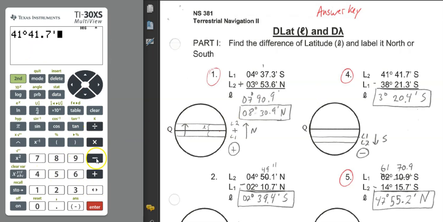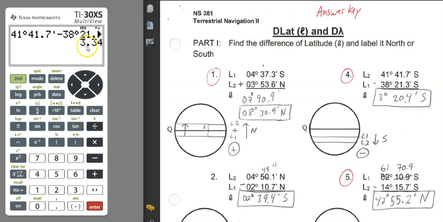And now I'm going to subtract, no problem, minus 38, second, angle, that's degrees, so I'm happy, enter, 21.3, second, angle, arrow down, enter. I got my value in there, so now I just hit enter, and it's